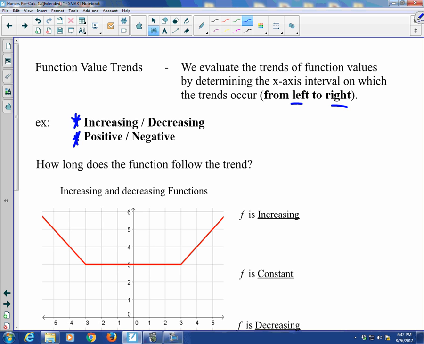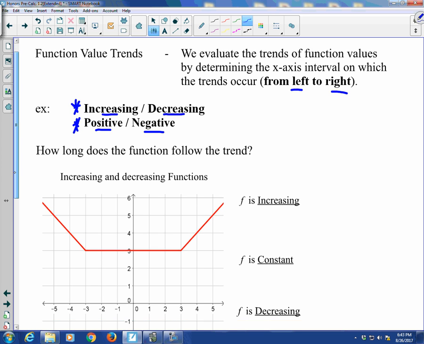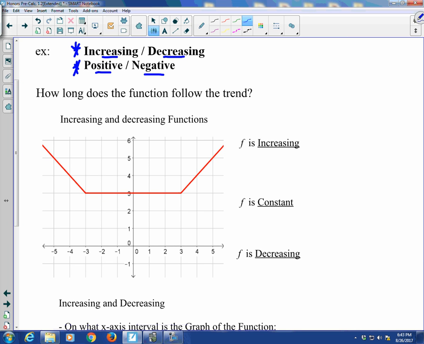And in general, what we're going to say is, these things are pretty easy to evaluate if we look at them graphically. Where function values are positive, we're obviously above the x-axis. Where they're negative, we're below. Where our function values are increasing, we're seeing our function go up. Where function values are decreasing, we're seeing our function go down. But we want to think about where these things are happening on the x-axis